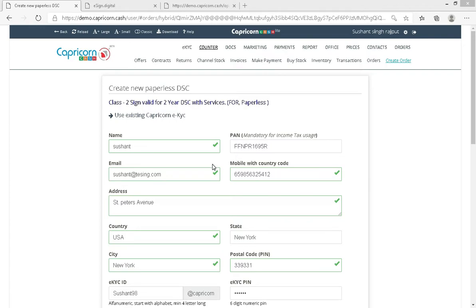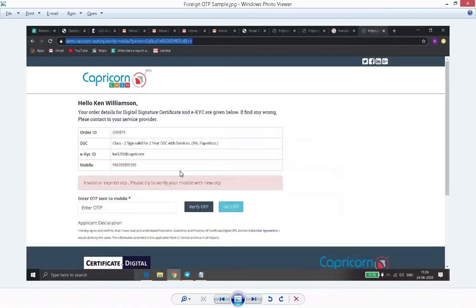The applicant will receive a SMS on his mobile number. The message would also include a link. If he clicks on the link, he would be able to see this page. This page contains the details of the applicant along with the option to verify his mobile. He can click on get OTP or enter the OTP which has come with the SMS itself. The OTP is valid for 24 hours. In case the OTP has expired, they can again request a OTP and enter it to verify their mobile number.